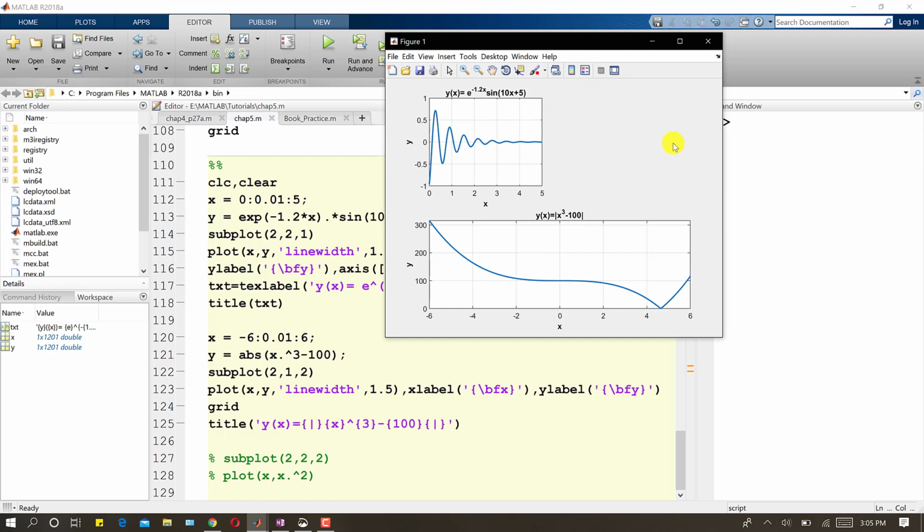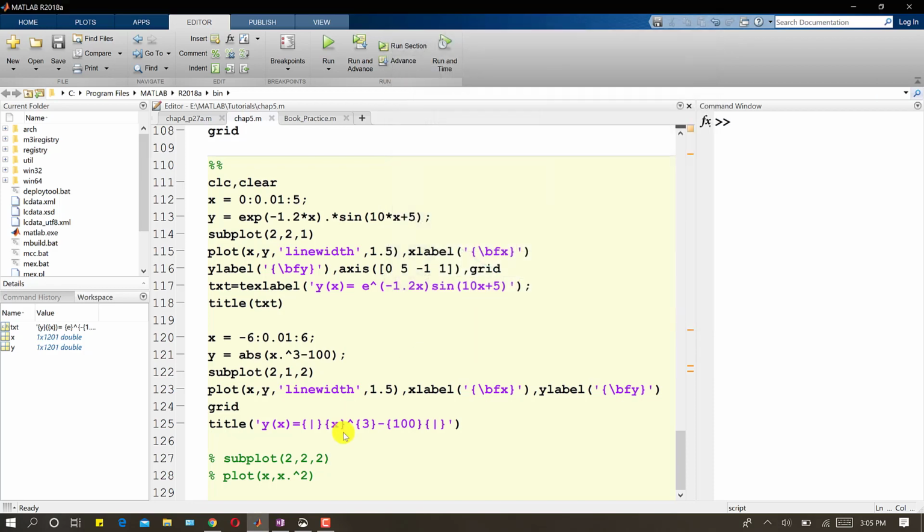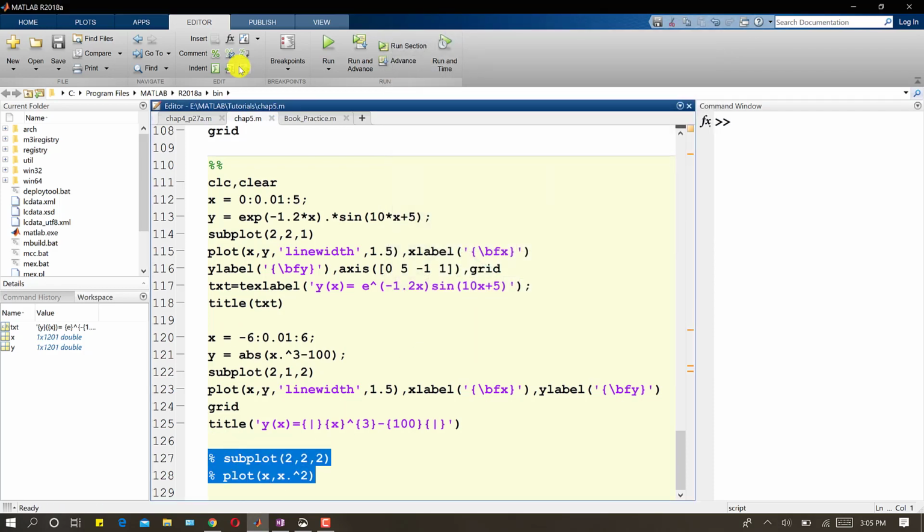Now if you want to fill this place as well, if you want to plot another subplot here, let's suppose we have these x values and we want to plot x square versus x, right? What will be the address for this subplot? The address will be 2, 2. We need to divide the figure in a 2 cross 2 array for this one as well. So that will be 2, 2, and it will be the second subplot in that 2 cross 2 array, right? So I will write subplot 2, 2 and the second one, right?